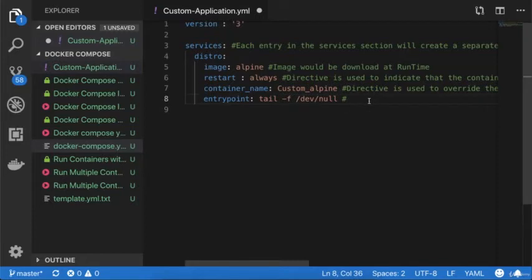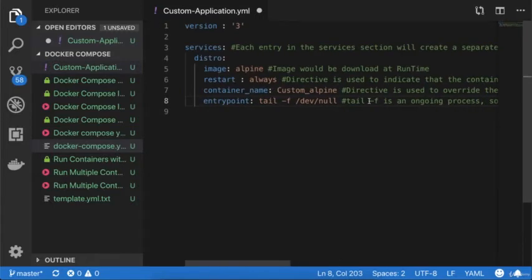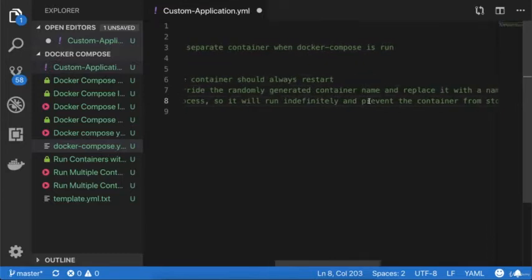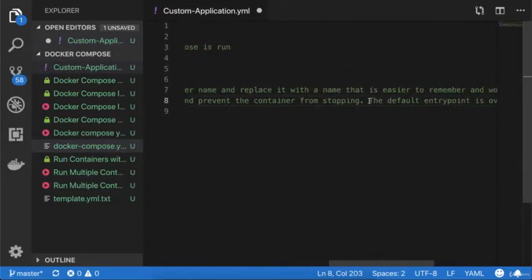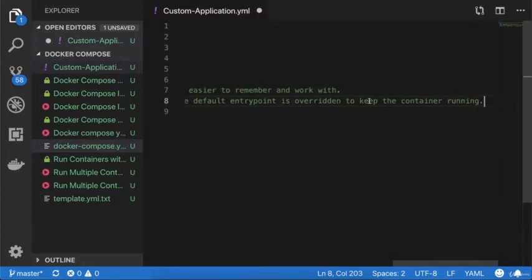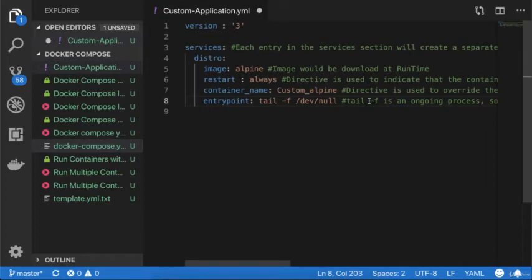So I will define the comment over here: tail -f is an ongoing process, so it will run indefinitely and prevent the container from stopping, right? So the default entry point is overridden to keep the container running. So this is the first part of my custom application.yaml file, right?